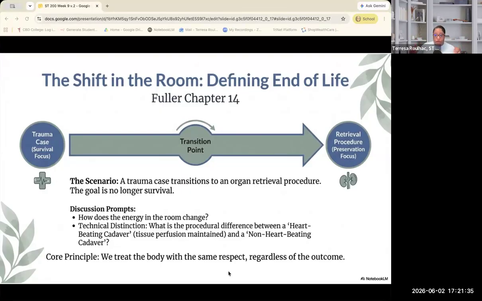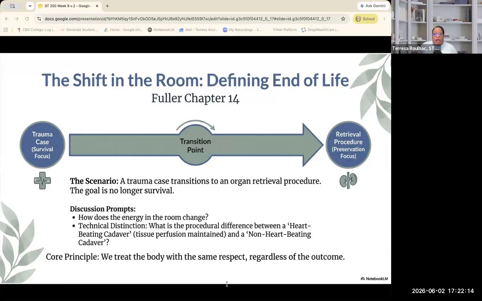Okay. There are other cases where you're still working and the family has made the decision to now allow their organs to be retrieved and given to someone else. In our case, we already had an idea that that was probably going to be the outcome because the surgeon was very transparent. And later we found the details of what really had happened. Okay. But it does not change that the energy in the room does shift.